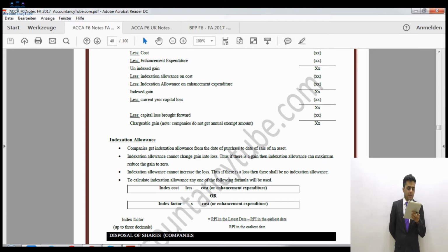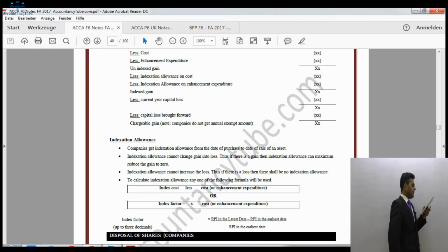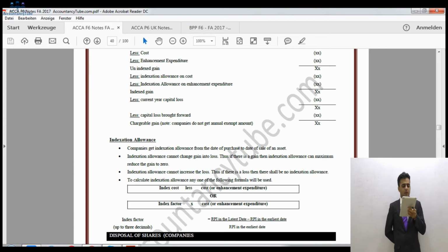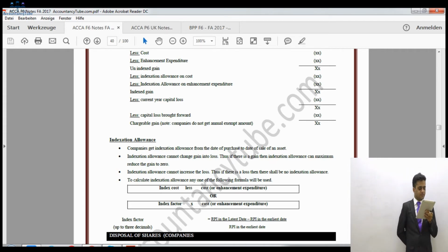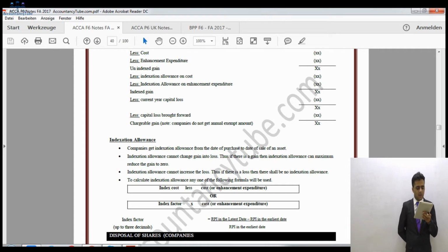Right? And after that it says disposal of shares by companies. For individuals we make pools differently. However, for companies we make the Finance Act 1985 pool. In that pool we put all the shares, so there is no same day rule. Three tracks are maintained: number of shares, cost, and index cost. The index cost includes the indexation factor as well. Index cost is updated by the index rise, adding indexation allowance at each operating event, that is each subsequent purchase and sale event.